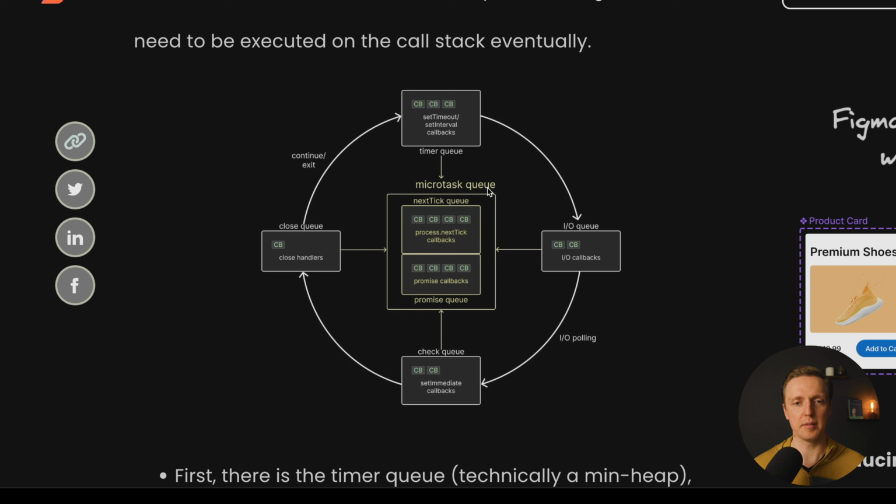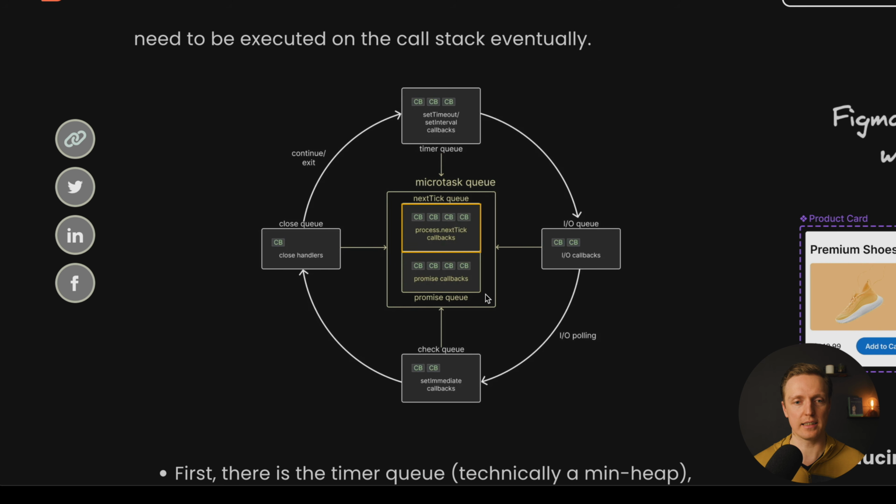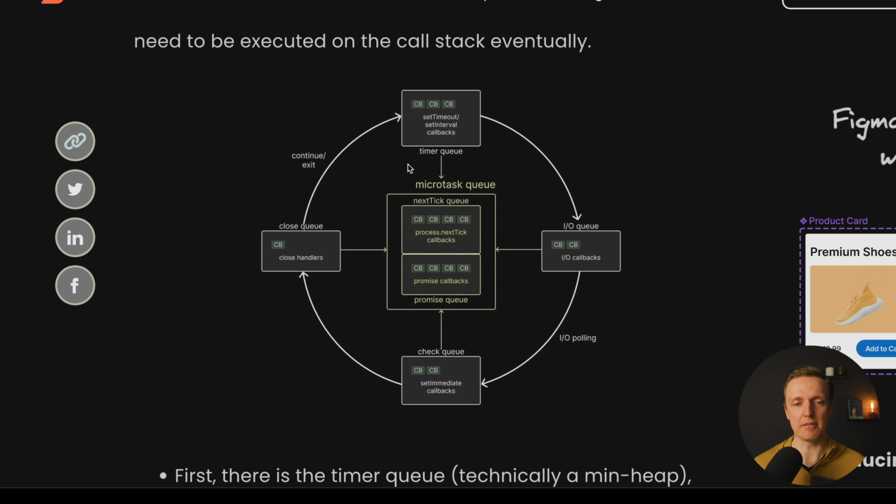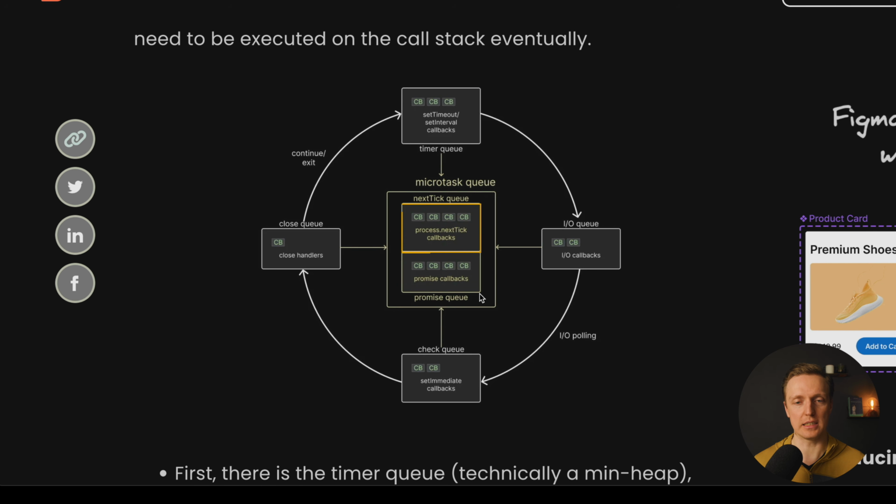Now you must understand the order in which all this stuff is running. At the very beginning, the microtask queue is being executed. First of all nextTick, then promises, if we have any to execute. After this, we go to the timer queue, and we execute callbacks for our setTimeouts and setIntervals. After this, again we go to the microtask queue, we do nextTick and promises again, and we go to the next section,